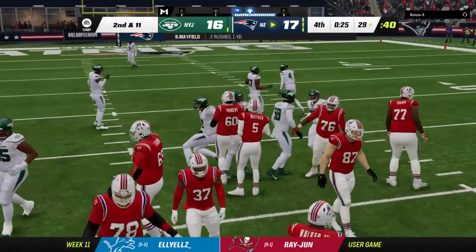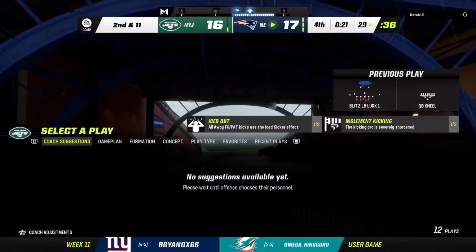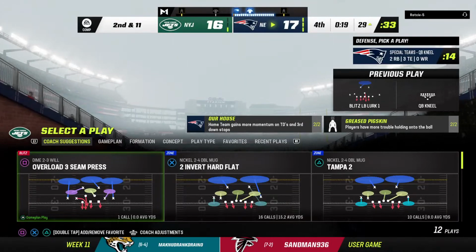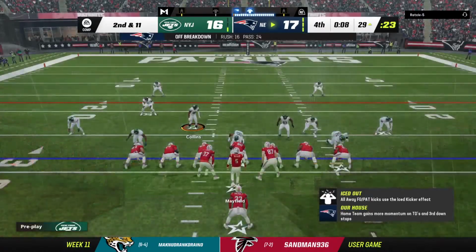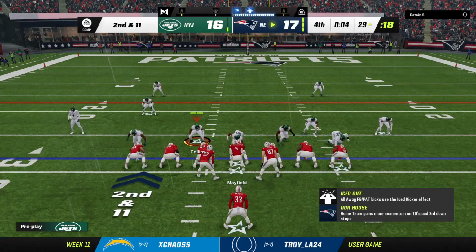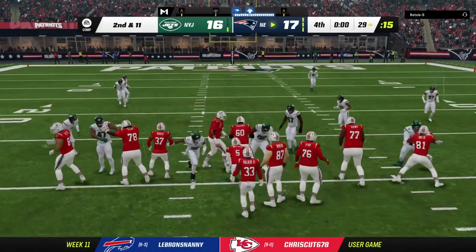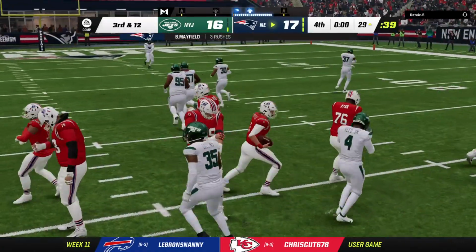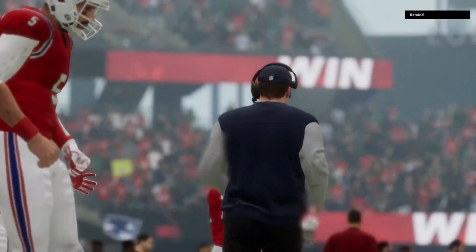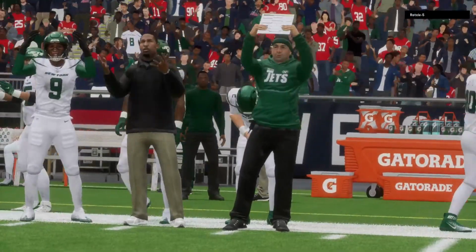Victory all but assured now as they take a knee here, and they're going to escape with a one-point victory. Oh, we all just got a heck of a show, partner. This was a close game for a long time. Close at half, close down the